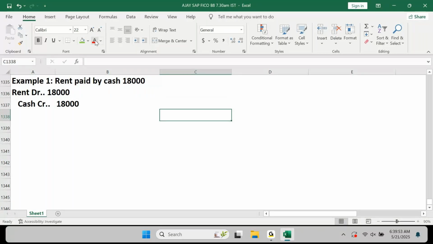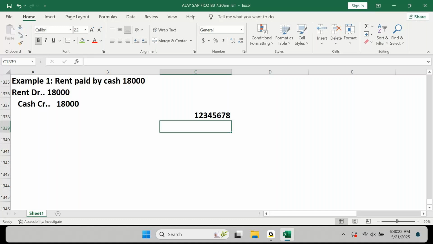For GL account, what was the maximum length allowed? 10 digits. And we decided how many digits? 8 digits. Meaning some 8 digit number you need to take. Let's say I will take 1, 2, 3, 4, 5, 6, 7, 8